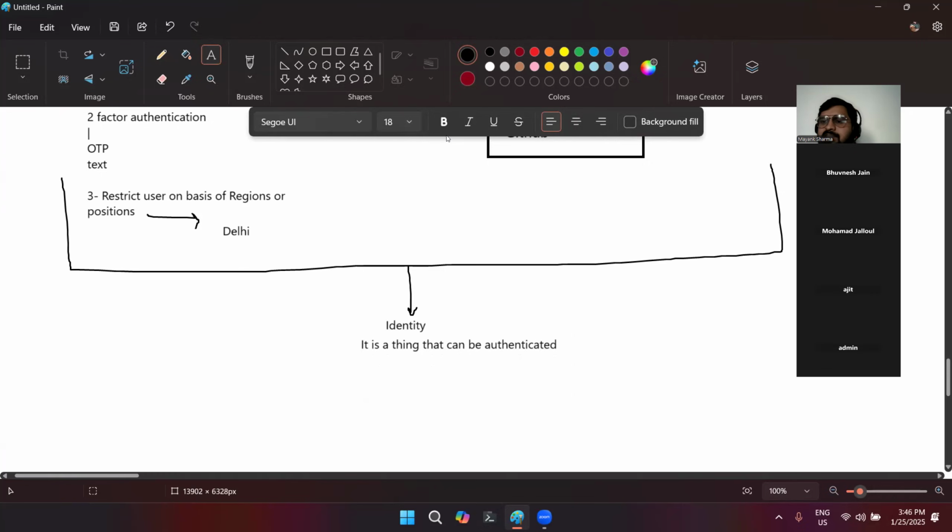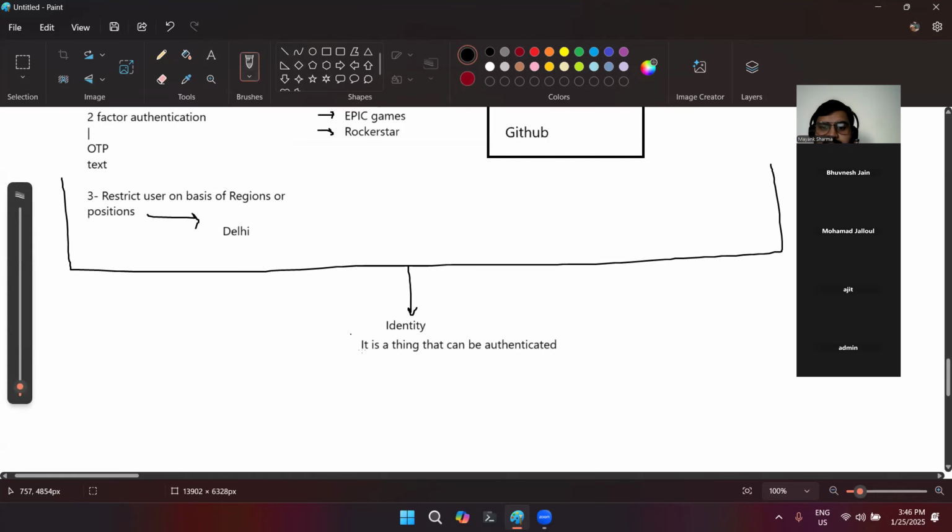Okay, so this is a genuine user. That's why you create accounts, right? You create an account in Google and then Google gives you an identity. So my identity in Google is S9252. So Google authenticates me using this identity. So identity is basically a thing that can be authenticated by anyone. It can be a site or it can be anything.